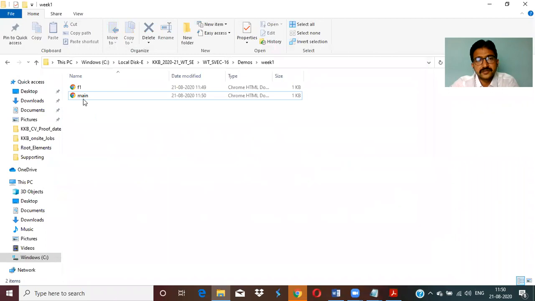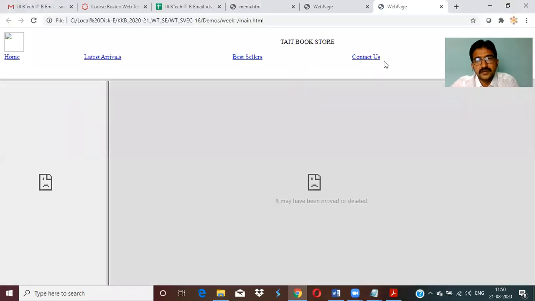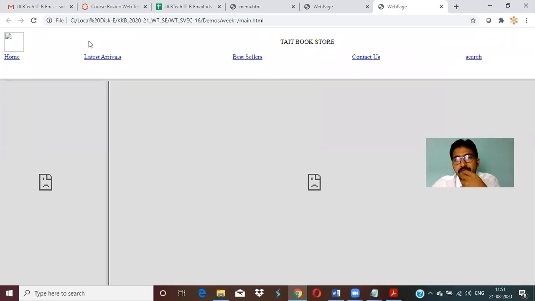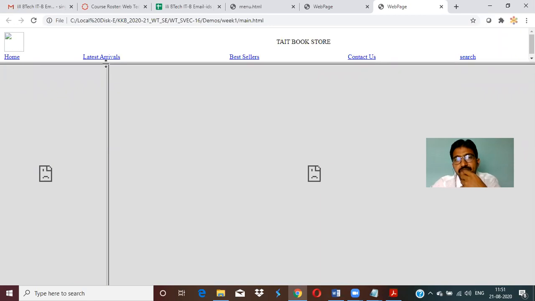Now open main.html. I don't have a logo in my folder, that is why it is showing an error, which means a blank image. Now I have created 5 different links. See the title, bookstore. I merged these 4 with colspan. See how much space is wasted here, so defining percentages is very important, like 20%. If you have the logo correctly matched, it will be displayed like this.